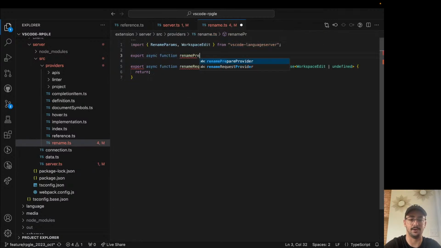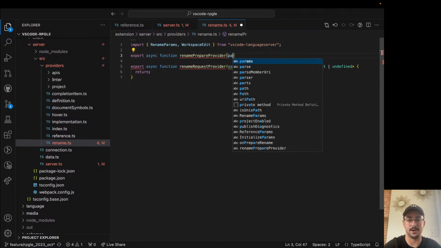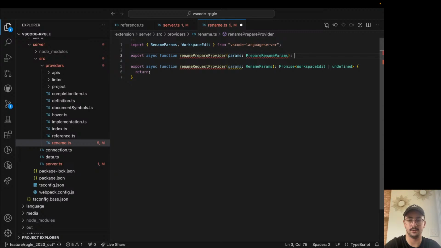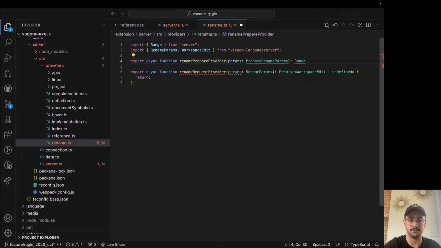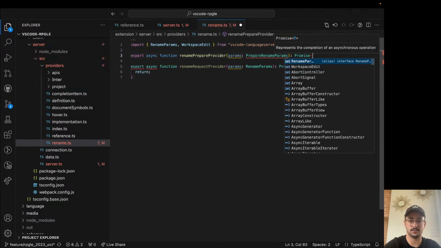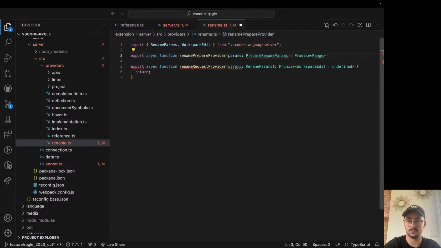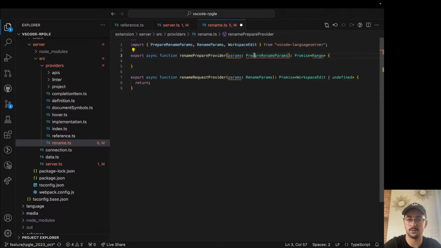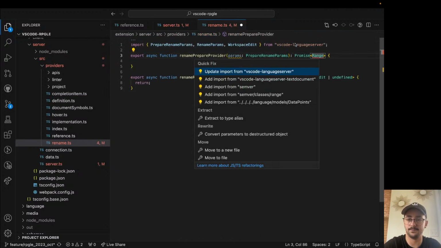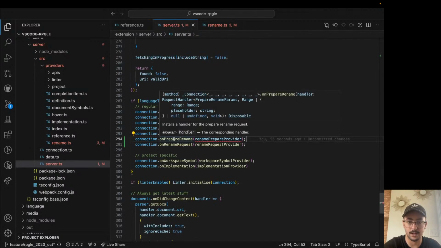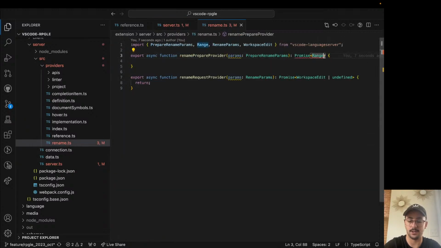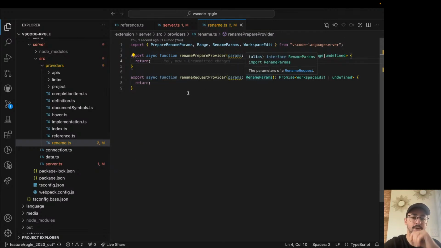Rename prepare provider. Okay. Params takes that. Otherwise it takes a range, a promise range, right? So, oh, wrong button. Where does this come from? Yeah, it definitely comes from there. And then of course it can actually return an undefined, I guess, as well. Yep. So range or undefined return. Okay, so let's